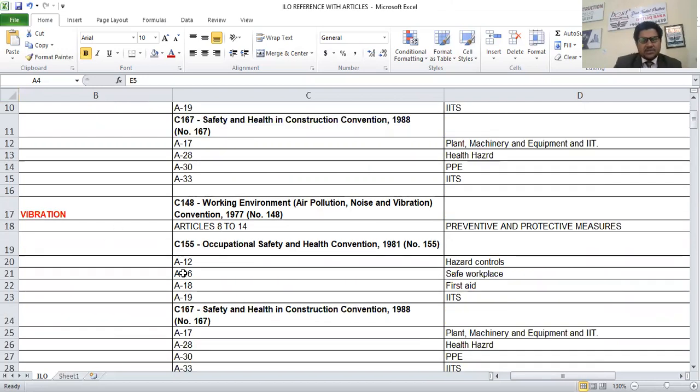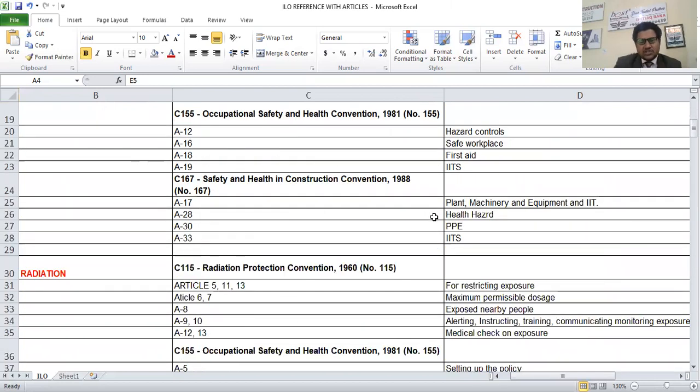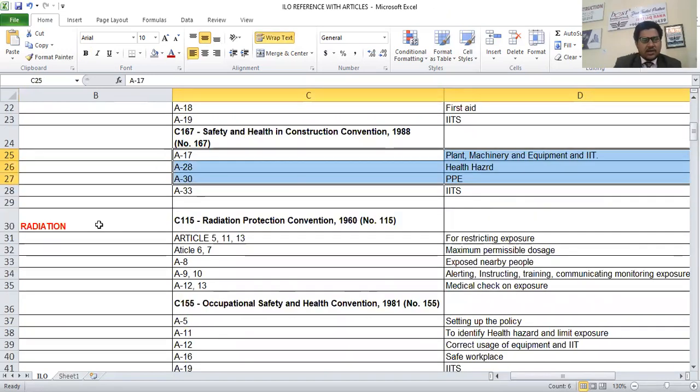So for vibration, Article 12 is relevant to hazard controls, Article 16 is safe workplace. What I mean is that for each area, which exact article belongs to which sort of area is quite clear to everyone there. Now radiation is